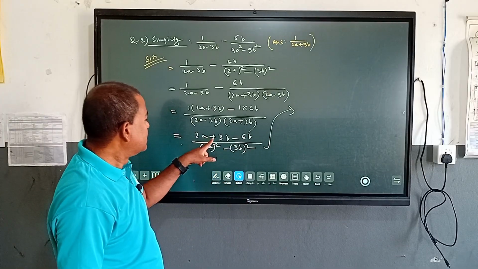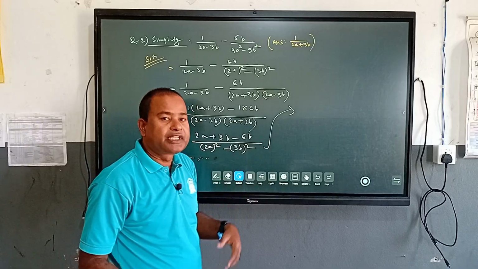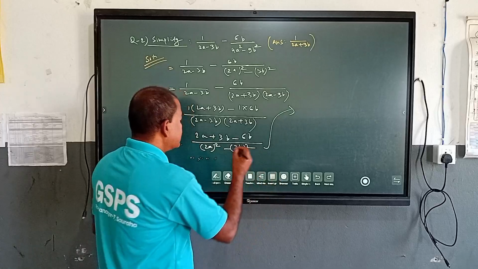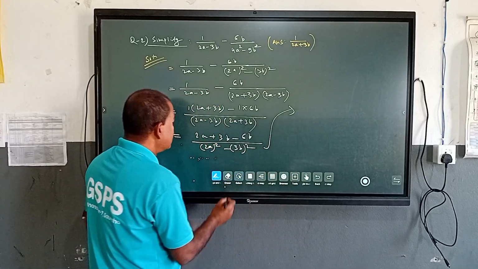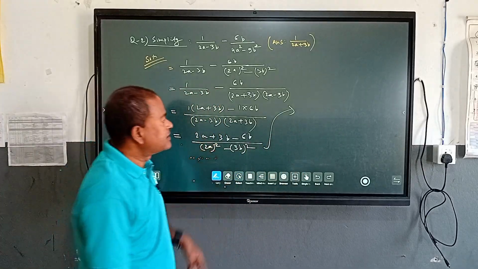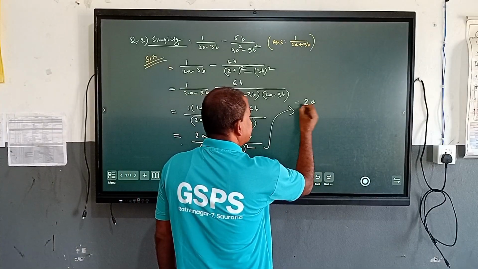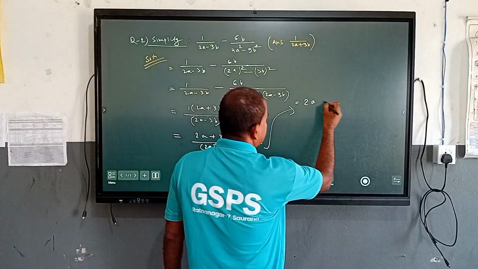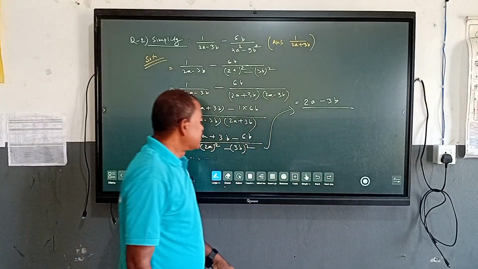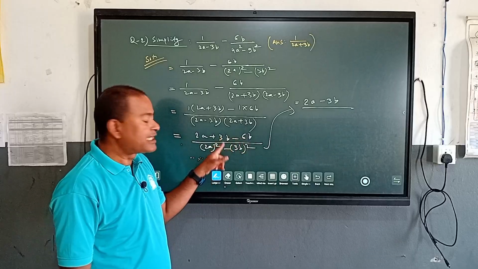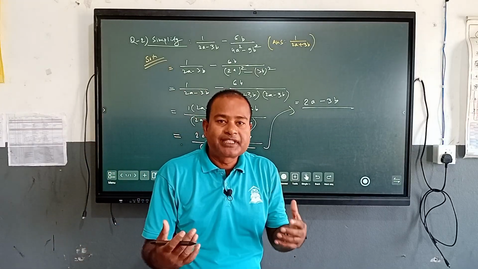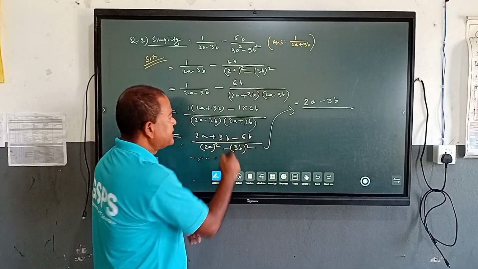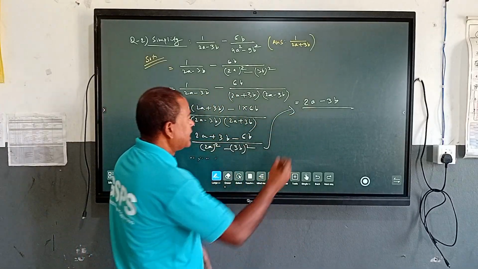now plus 3b and minus 6b, they are the like terms, so let's subtract, because one is positive and another is negative. So we keep the term 2a as it is, and 6b minus 3b we get minus 3b, because the number 6 is greater than the 3. So while writing the sign, we always write the sign of the greater number. So 6b minus 3b, we get minus 3b,